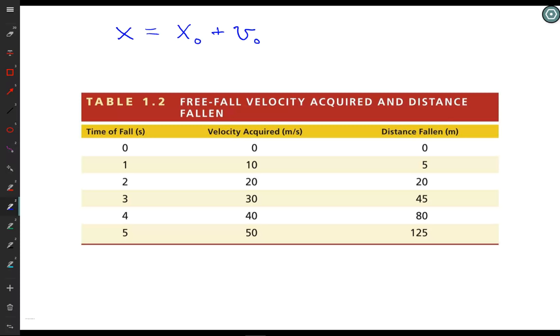Velocity and speed are related. Speed is how fast something is traveling. Velocity is how fast something is traveling with its direction. We call that a vector. And so the V does indeed stand for velocity. But in this case, because I don't have an arrow over it, it actually means speed. So with an arrow over it, the V is velocity. Without an arrow, the V is speed. It's how fast you're traveling